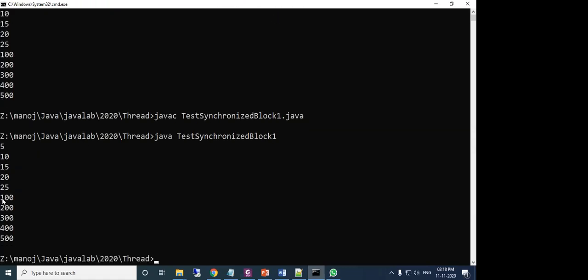Okay, the task is the same, but the difference is that here the entire function is written as a synchronized function, and here a block of all the statements is written in the block.